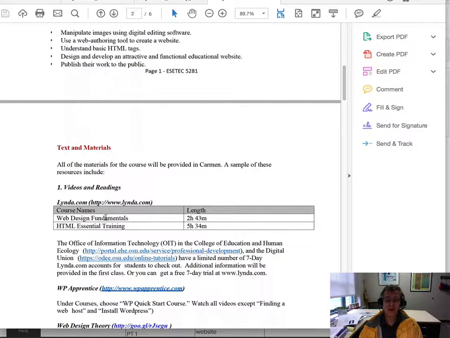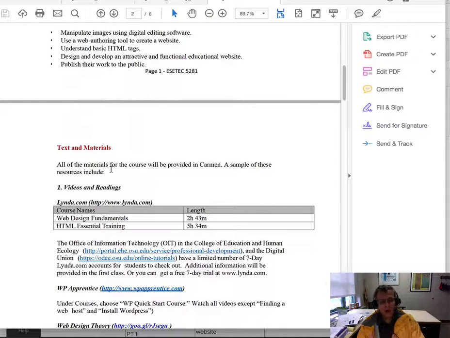Before we even get into aesthetics, you have to make a website usable, and sometimes use is secondary to attractive websites. You may have been on websites that look great, but when you go to use them, they are hard to get information on. And then you're going to be publishing your work to the public, meaning